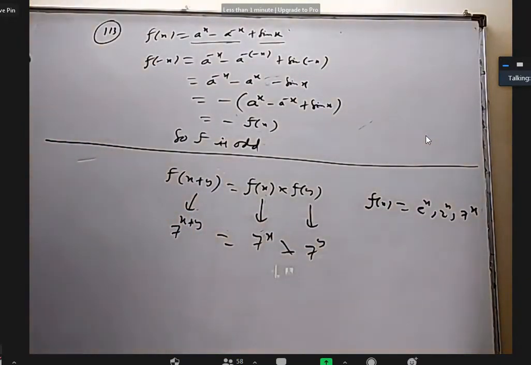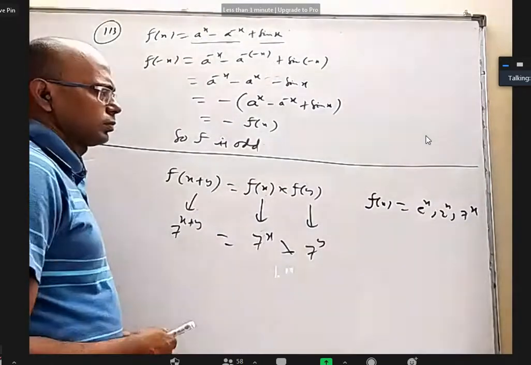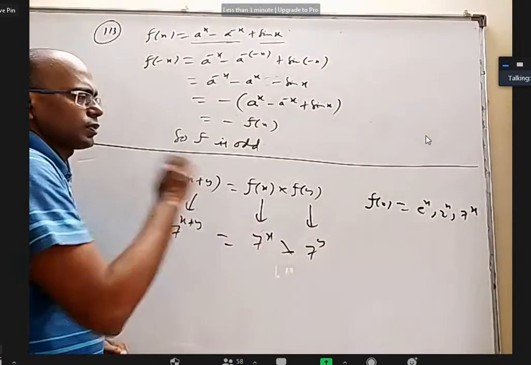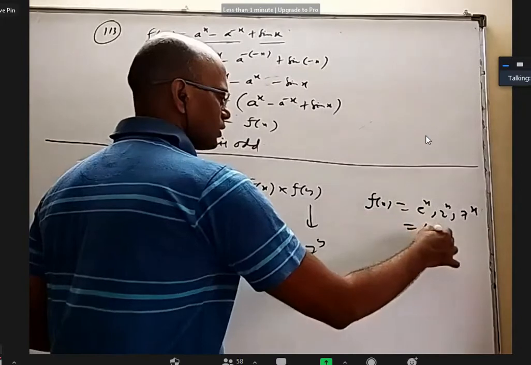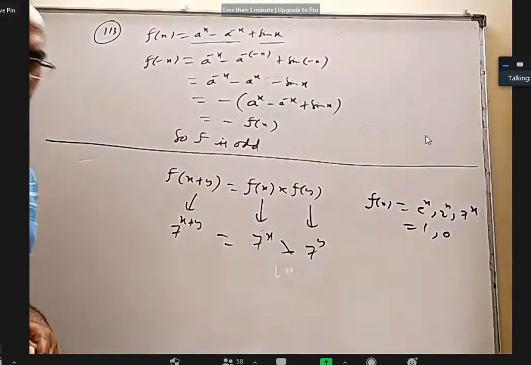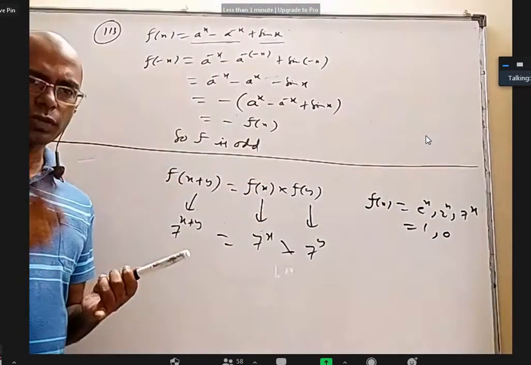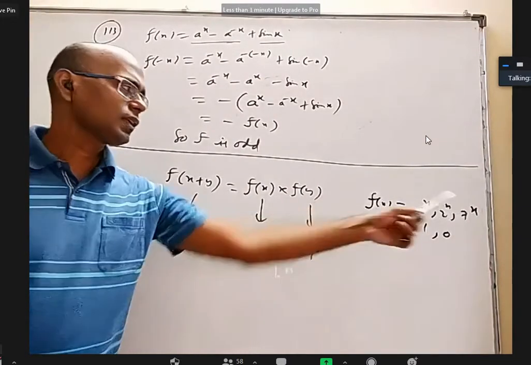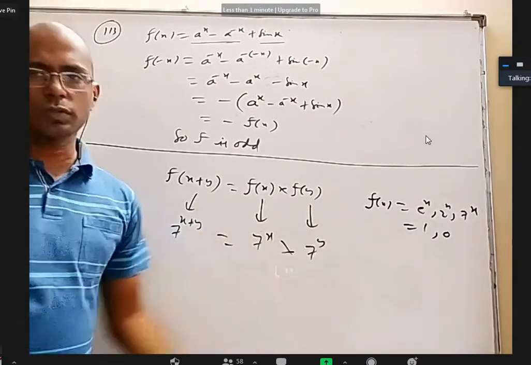It can be always one also, right? If this is one, the product is one. That is 1 power x is also there. It can be 0 also. Yeah, it can be a constant function 1. It can be a constant function 0. Other than that, anything. 1 power x, 0 power x are also included in that.